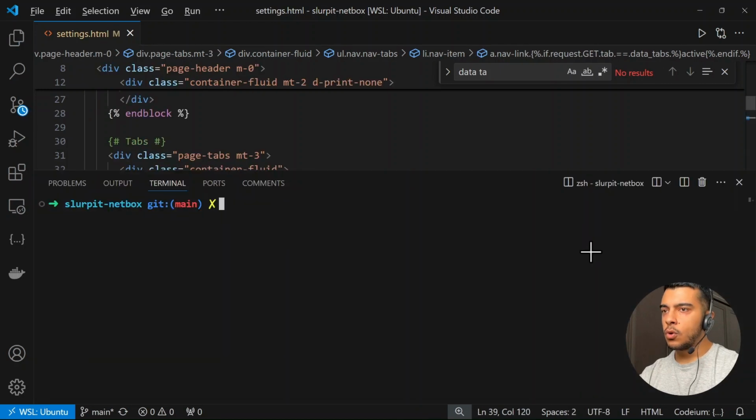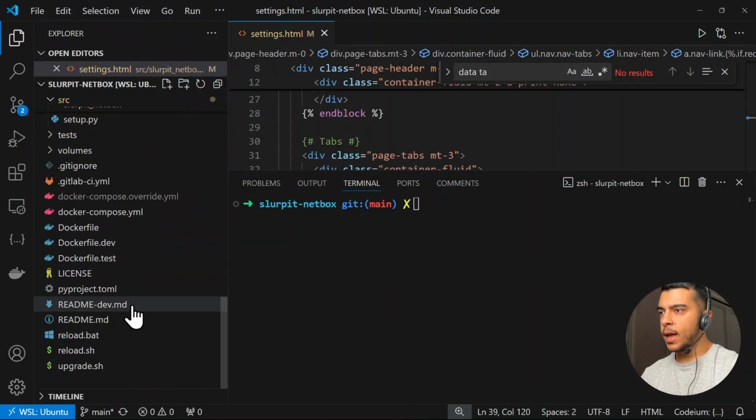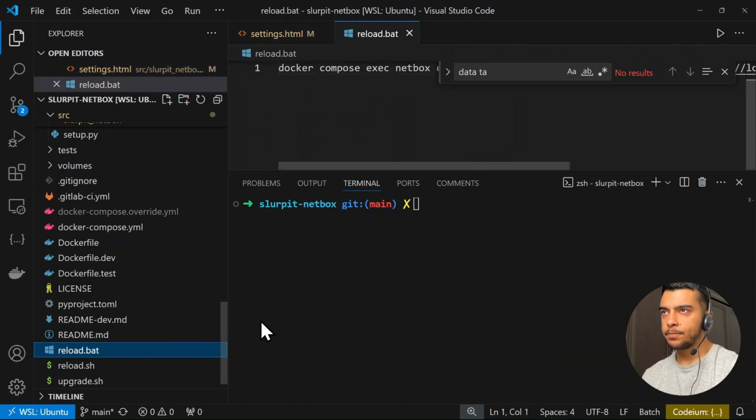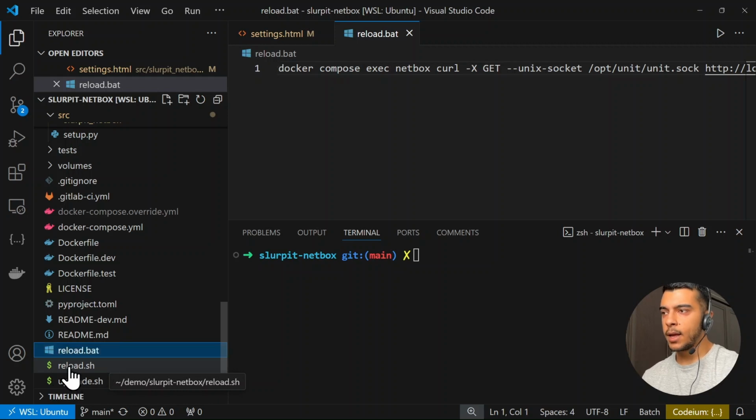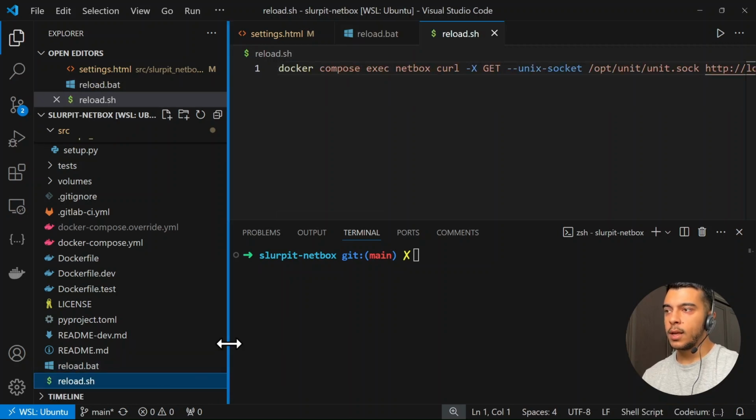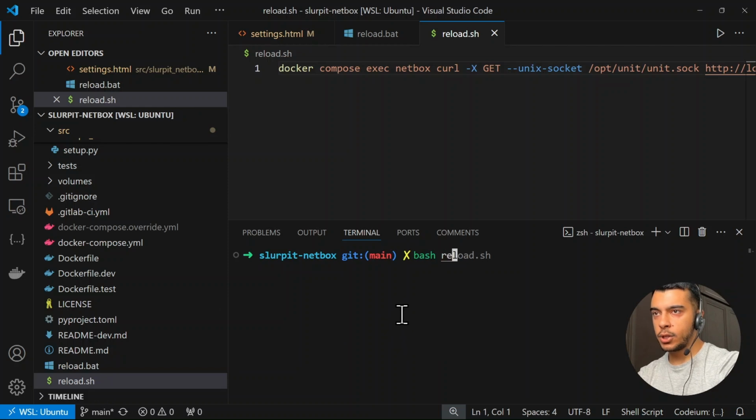Save it, go here, and basically we have two files here, reload.sh and reload.bat. If you use Windows, then you want to use this script, which is basically a way to reload the Django framework in the backend, so the changes would take effect. If you use Linux or Mac, then this is the one that you want to execute, reload.sh. I am using Windows for my main operating system, but this environment is inside an Ubuntu machine. So I have to choose this one and say bash reload.sh,